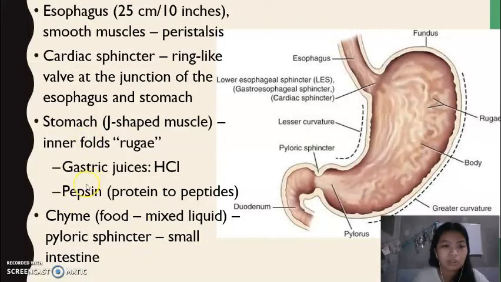We have here also the pepsin. So the pepsin converts the proteins from the food into peptides. So peptides are a chain of amino acids. The stomach also produces mucus that lubricates the food and protects the gastric lining from the strong digestive juices. And then, about 4 hours